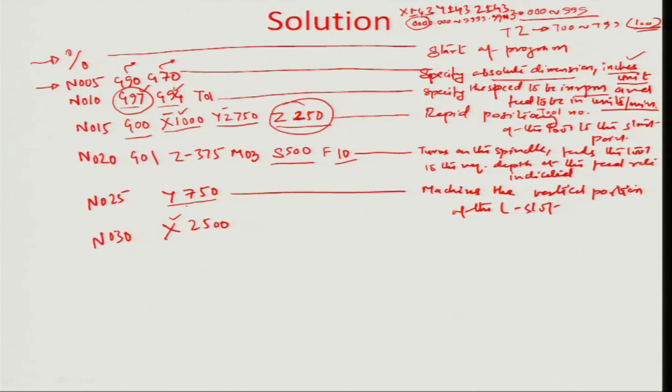So therefore the relative difference is only 1.5 inches which is supposed to move. Okay, so therefore this ensures that the tool machines the horizontal portion of the L slot, and the only other thing that is remaining now is to